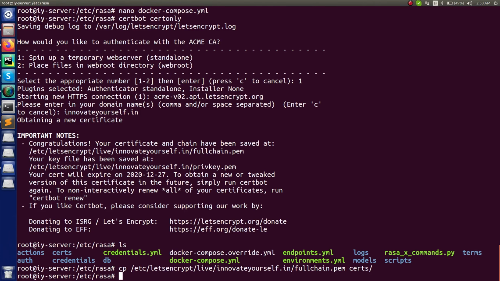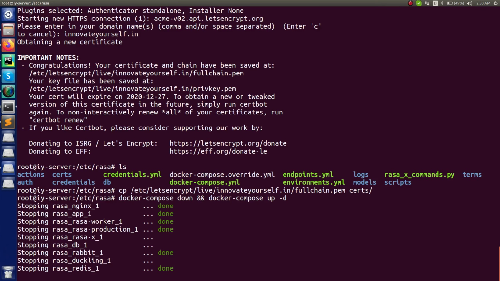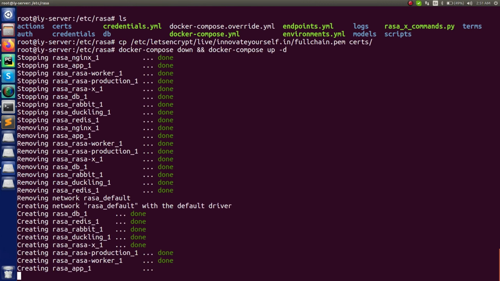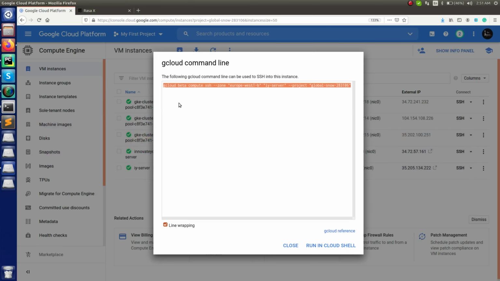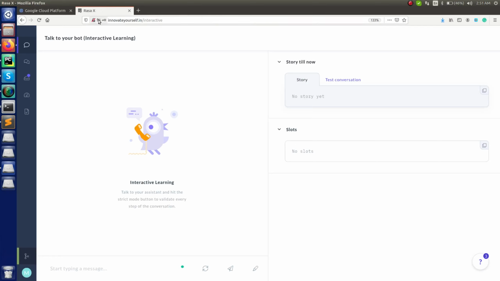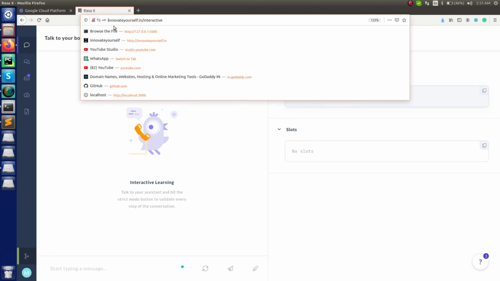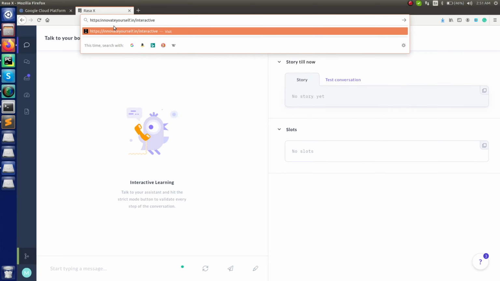Now you need to run your services again and just check whether it's working or not, right? So let me just run the command. All right, so all the services are running and everything is working perfectly. Now we can go ahead and check whether it's working or not. Go in here, and in the beginning just type https:// and change it to login and press enter.